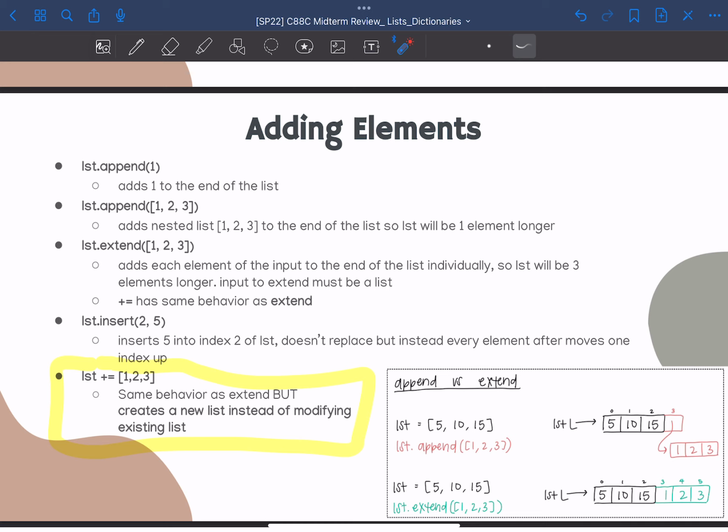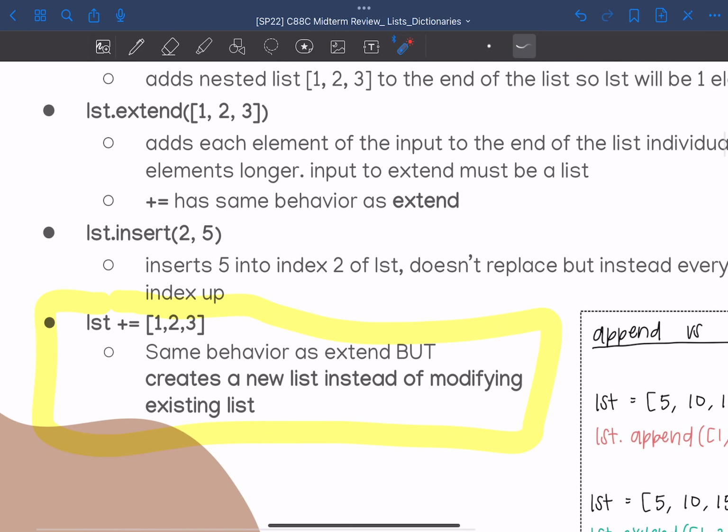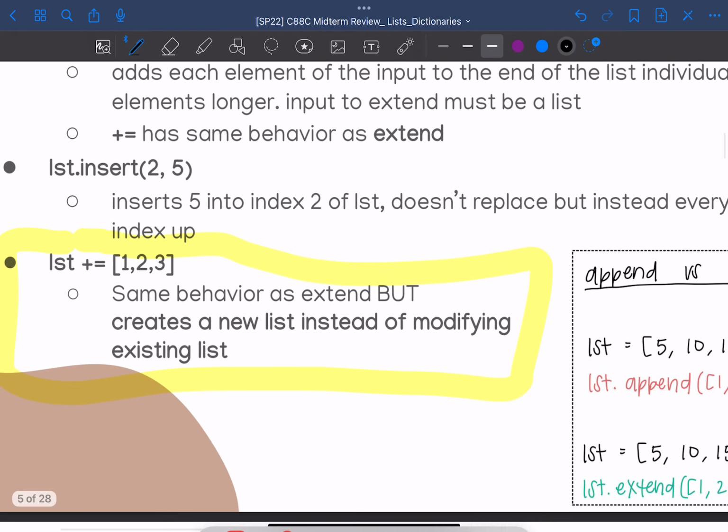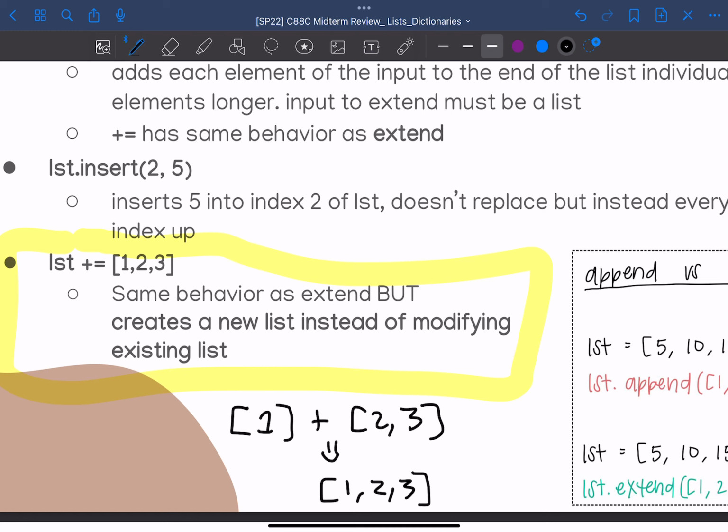And remember that with plus equals, you're always going to want to have the right side also be a list, right? You can't add two things that aren't lists together. And essentially, list plus equals is going to have the same behavior as extend. If you were to do something like [1] plus [2, 3], that would get you a new list of [1, 2, 3], right? So same behavior as extend, but very importantly,